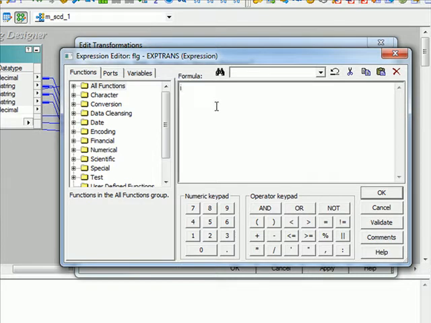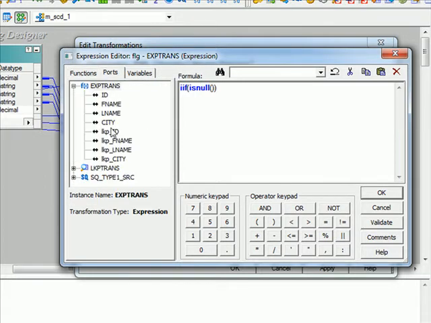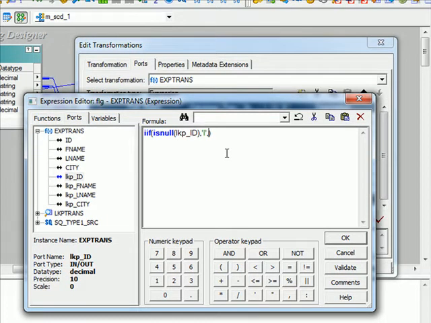So what we need to do: if the ID coming from lookup is null, if is null of lookup ID, then I can say directly insert. If it is not null, then again here, if